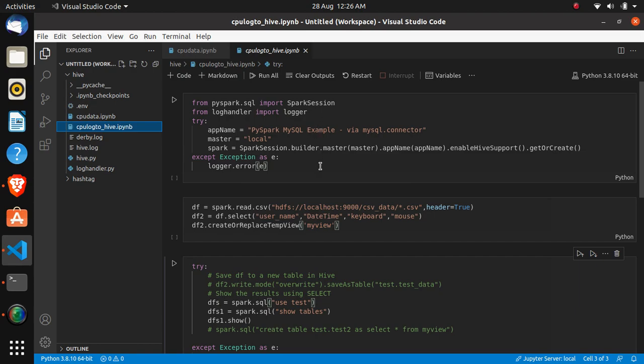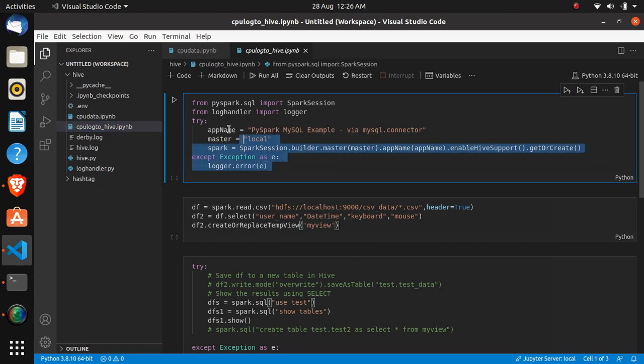First we have to create a PySpark session, and after creating this session, it will start the session.